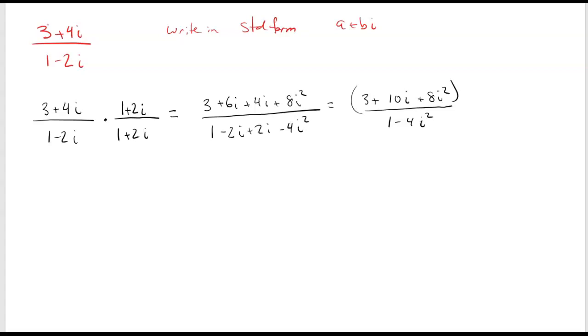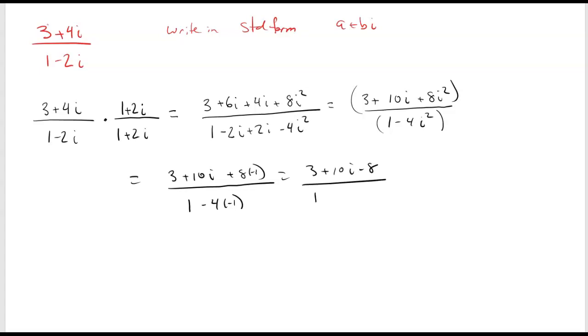This is a trinomial because it has 3 terms, and this is a binomial, right? It has 2 terms. So I, again, need to simplify it. So this becomes 3 plus 10i plus 8 times negative 1 over 1 minus 4 times negative 1. So essentially 3 plus 10i minus 8 all over 1 plus 4, I should say. Combine like terms. So the 3 and the 8 gives me negative 5 plus 10i all over